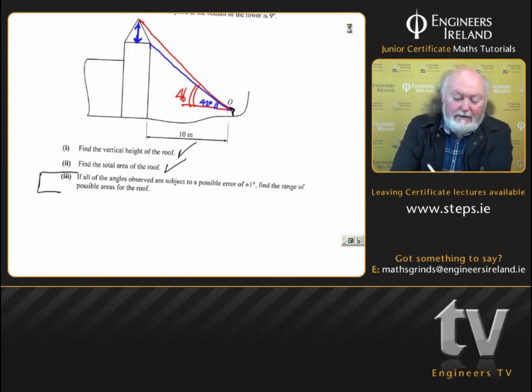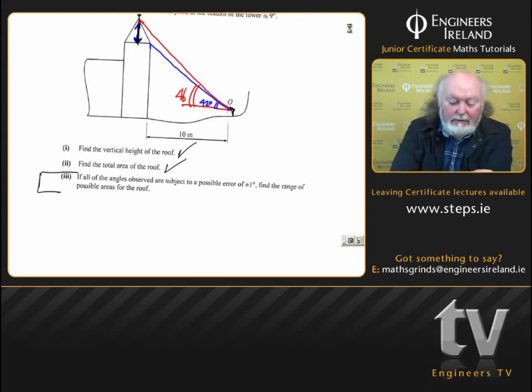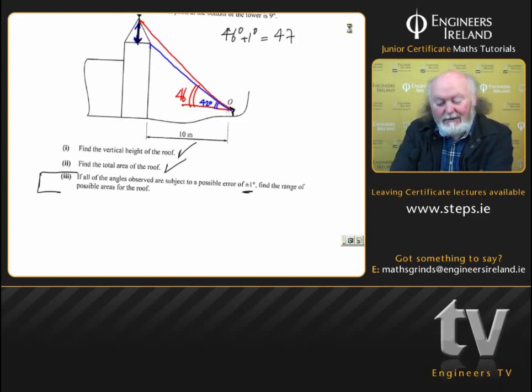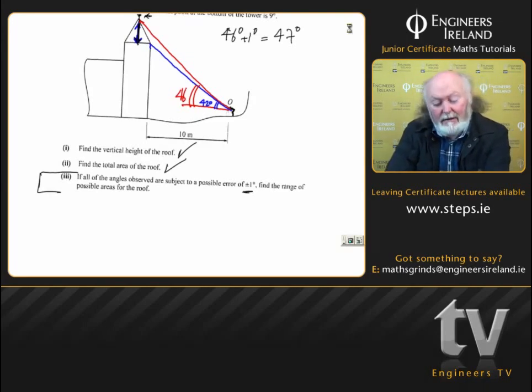What would make this height bigger? Well, if the red line pushed up a bit, it would get bigger, wouldn't it? So if 46 degrees had 1 degree, because remember it's saying plus or minus 1 degree, if it had 1 degree added to it, you'd be getting 47 degrees, and that would certainly be giving you a bigger height here. So that's going towards the max,